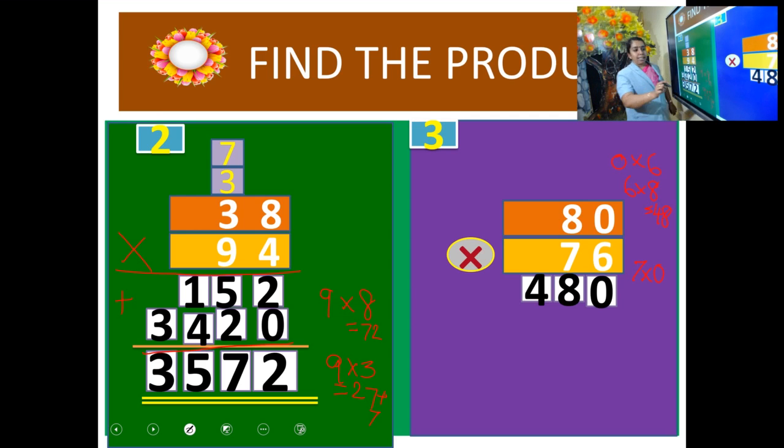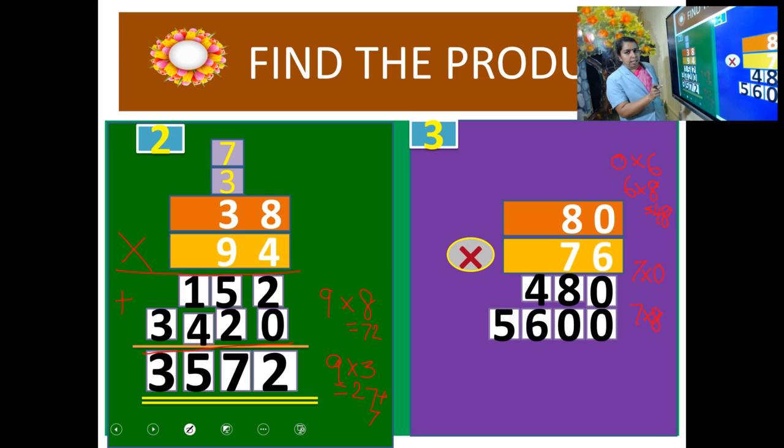In the second step, before multiplying with the 7, you have to write the ones place as 0. Clear? After that, you have to multiply the 7 with the 0. 7 zeros are 0, 0. Then, what is the next step? 7 8s are 56. That means 6 in the hundreds place, 5 in the thousands place.